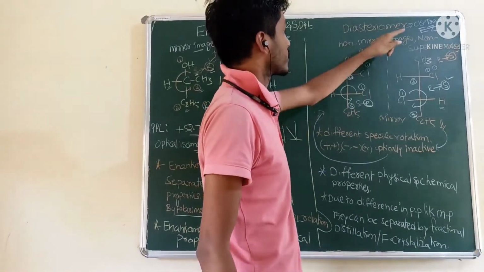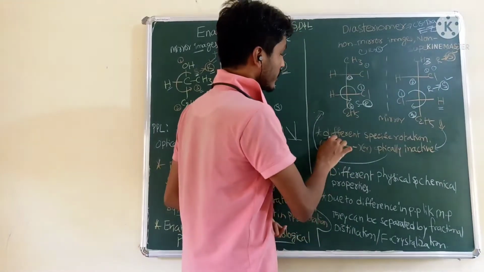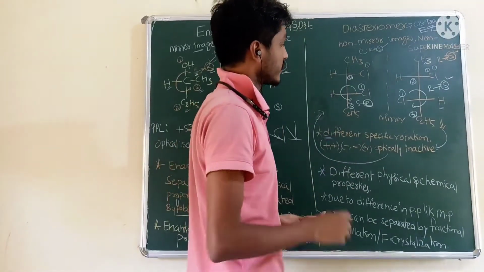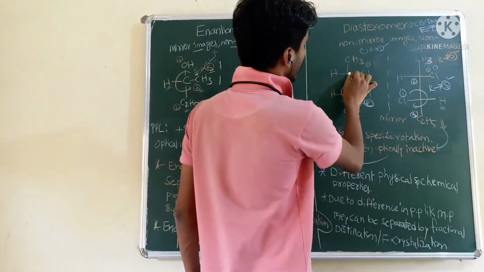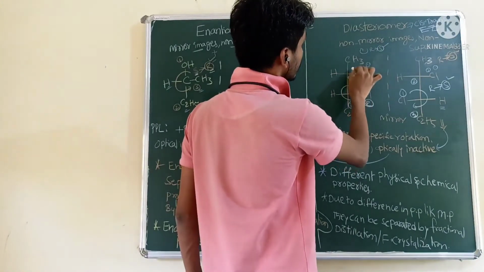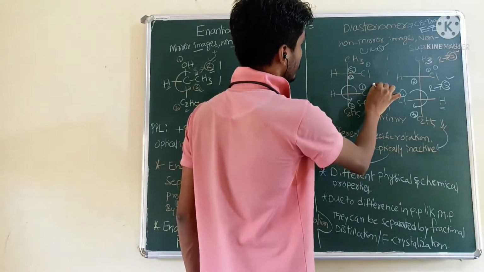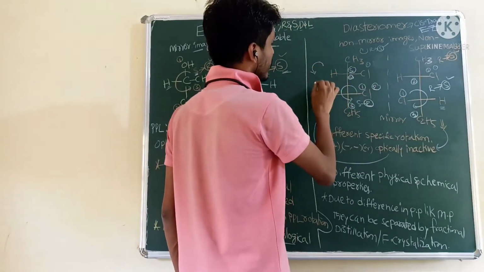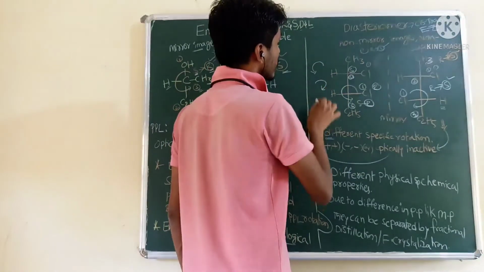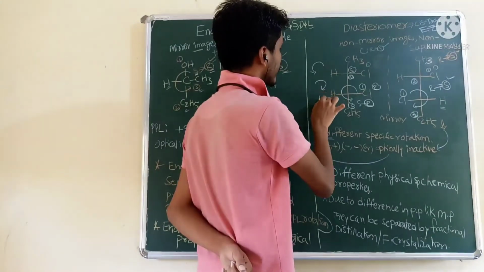Examples: cis and trans, E and Z. These have different specific rotation. When you take the configuration of this one, this carbon is S form, this carbon is R form. This carbon will rotate like this, but this carbon will rotate like this. Due to this, the light will not move left or right. Light will be in the middle, an optically inactive compound.